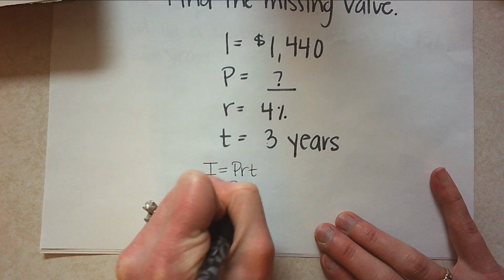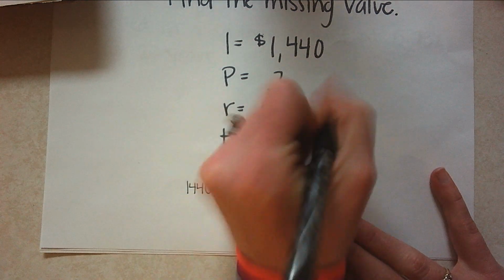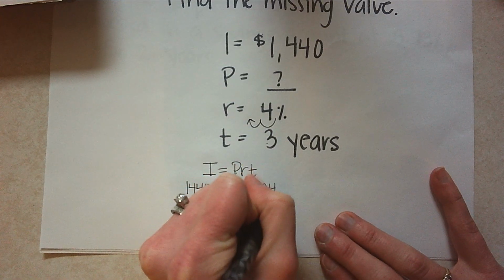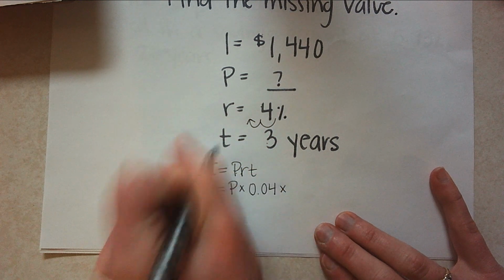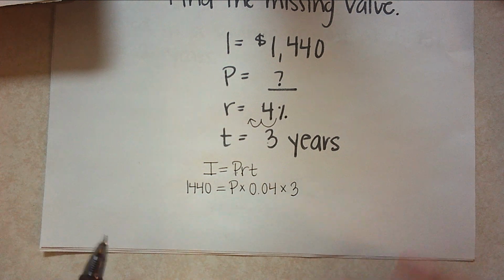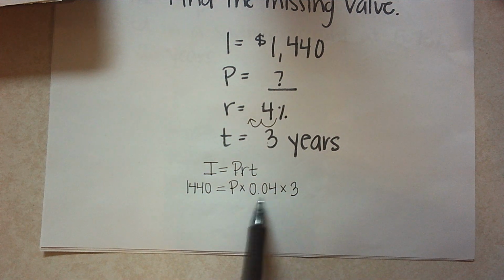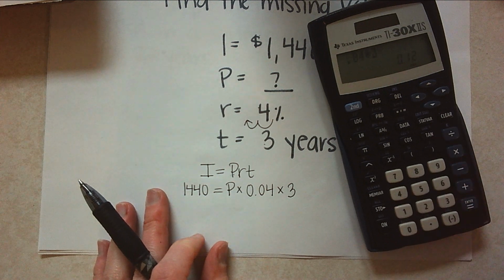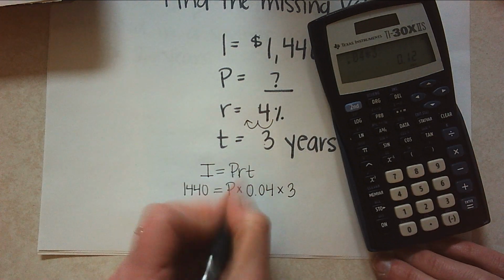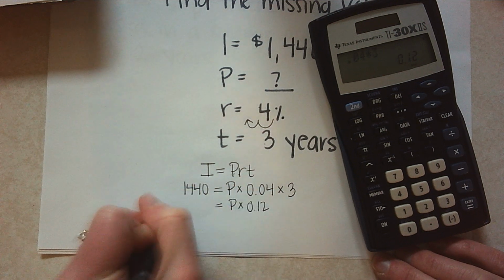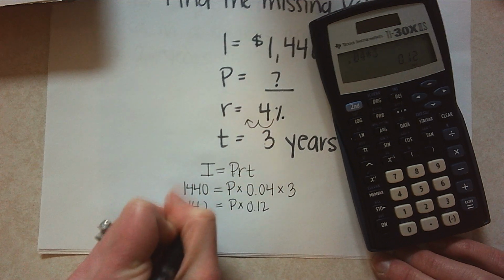equals P, which we don't know, so I'm going to leave that as a variable, times R, which is my rate, as a decimal. That rate is 0.04. And then times my T, which is time in years. In this case, that's 3 years. I'm going to multiply what I can on this side of the equation. 0.04 times 3. And when I do that, I get